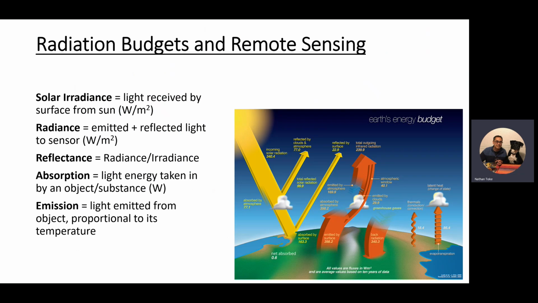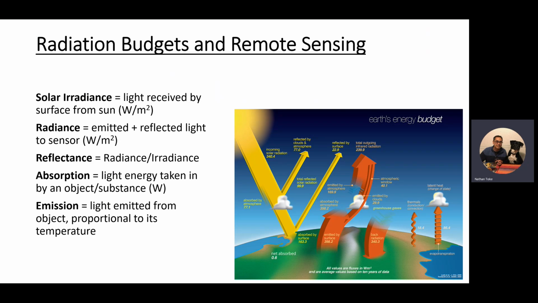Okay, so radiation budgets and remote sensing. Solar irradiance is the light received by the surface from the sun, in watts per square meter. Radiance is equal to the emitted plus reflected light to the sensor. So what is the energy, in watts per square meter, of light that the remote sensing sensor felt? Reflectance is the radiance divided by the irradiance. So basically it's a ratio of what the sensor saw relative to what the sun emitted